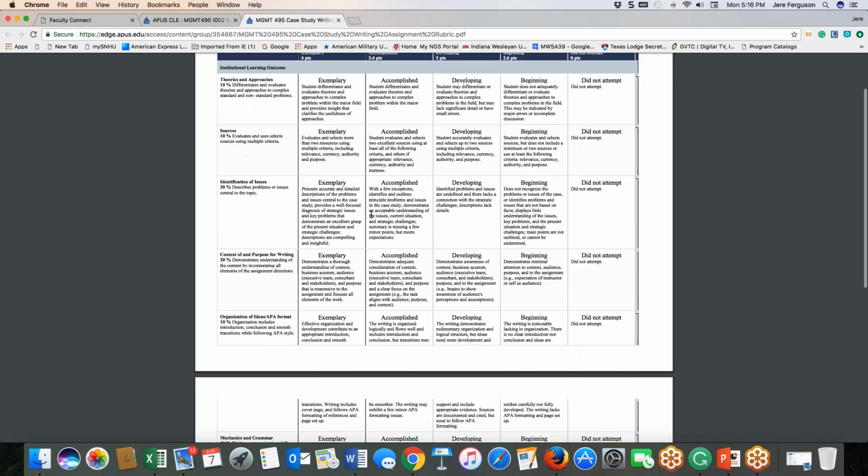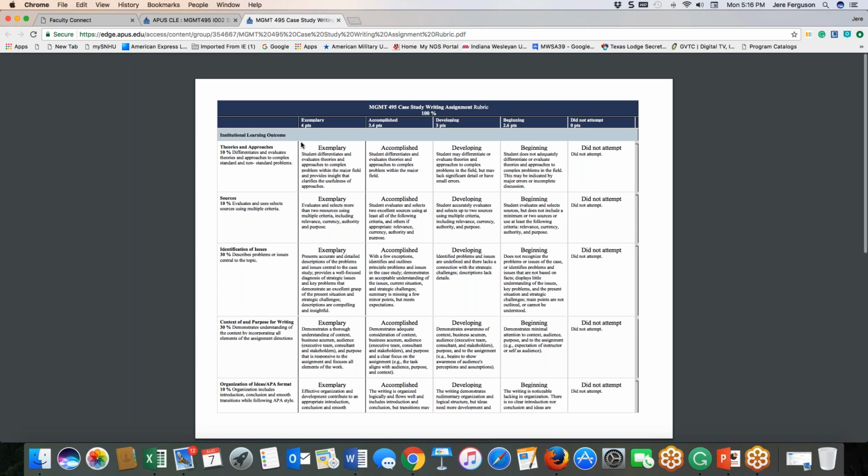The other area where students sometimes struggle in the first week or two is, if you notice right up here at the top, it talks about theory and approaches. And students have a tendency to not go in and explain themselves as it relates to the theory and approaches that you've learned throughout this degree program.